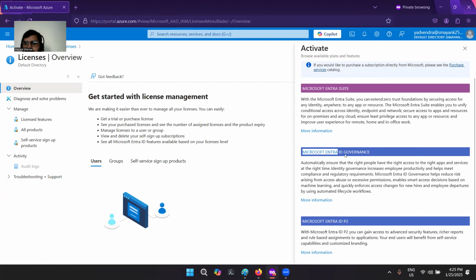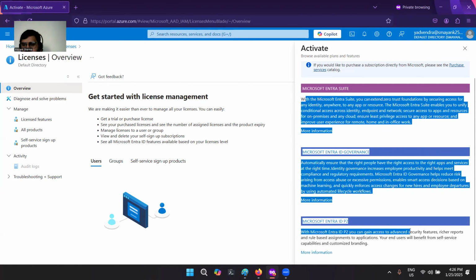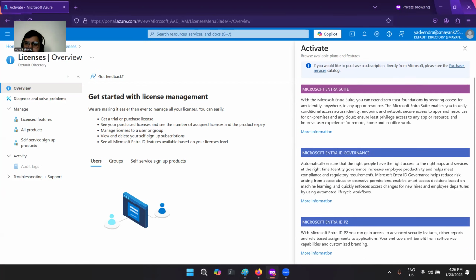If you take Microsoft Entra ID Governance, then you can easily implement authentication restrictions, like if a user is based in India only, then only that user is able to access it. All of these three licenses allow you to enable multiple features in your account.